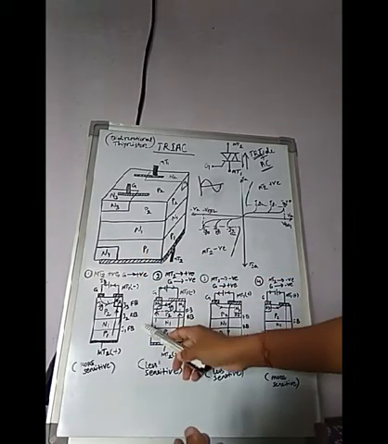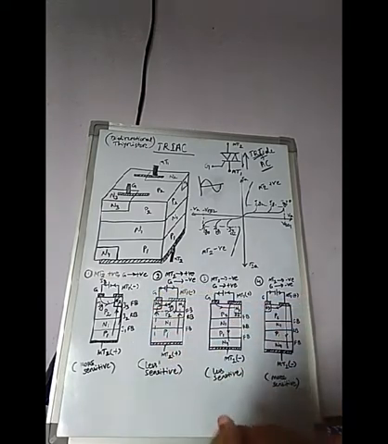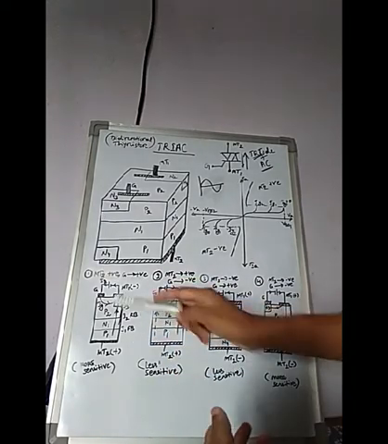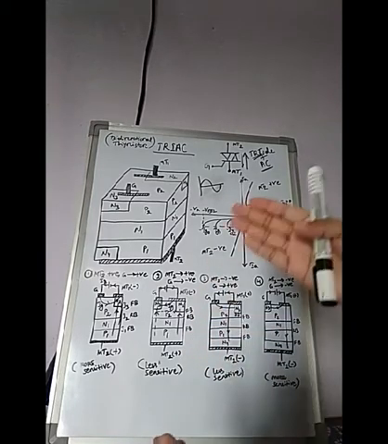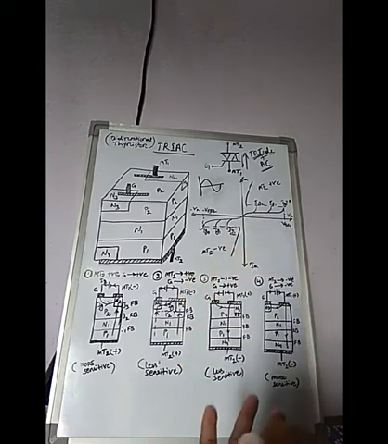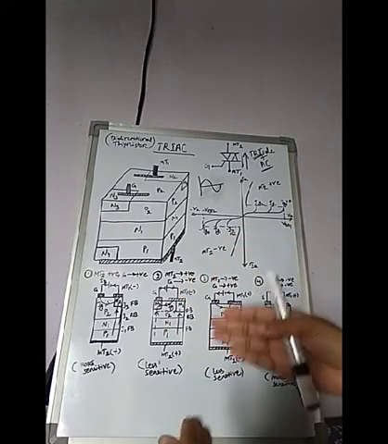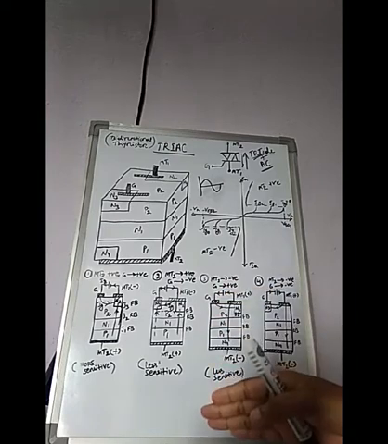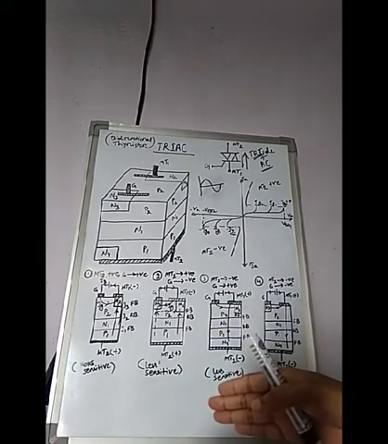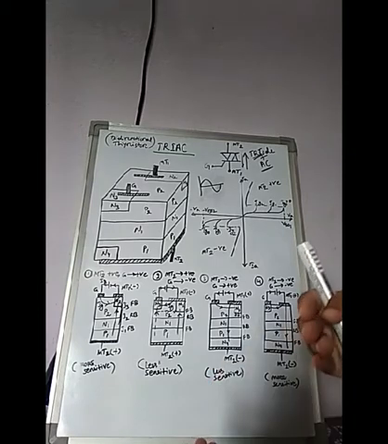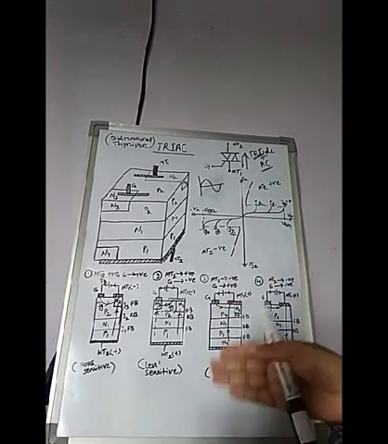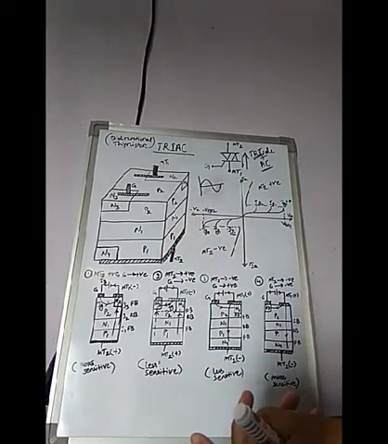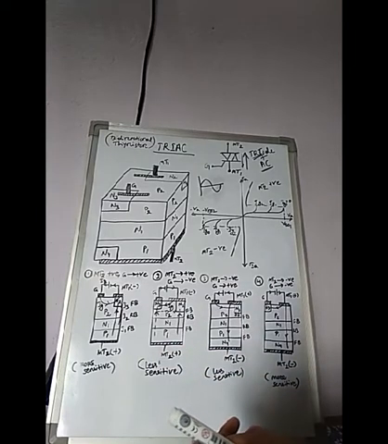Okay, so here junction J3 is forward biased, but junction J2 is reverse biased. So now it is like a thyristor in forward blocking mode. We need to switch on this device, so that it can switch from forward blocking mode to forward conduction mode. For that we need to apply positive gate current.